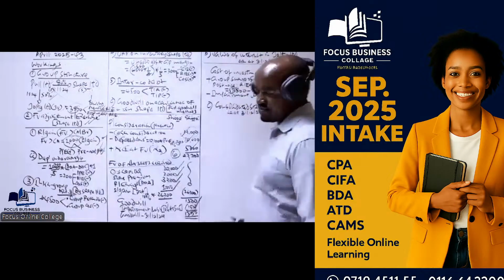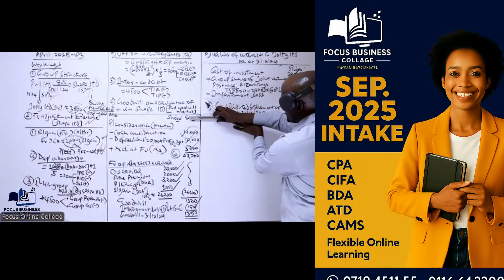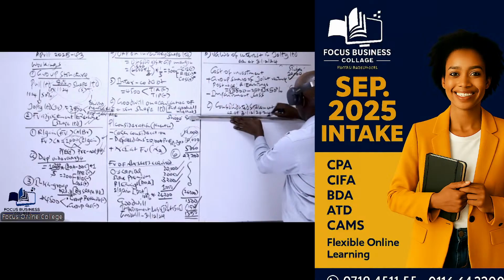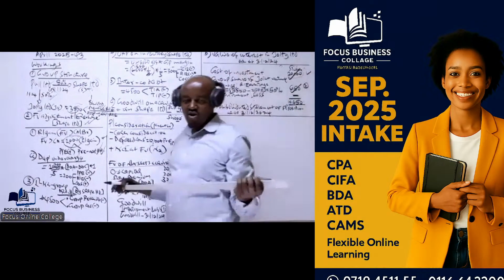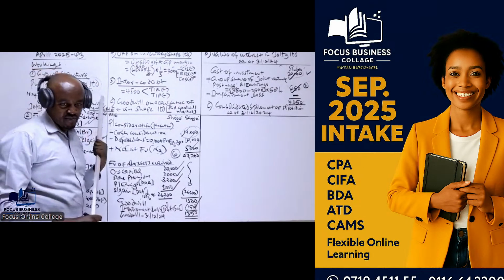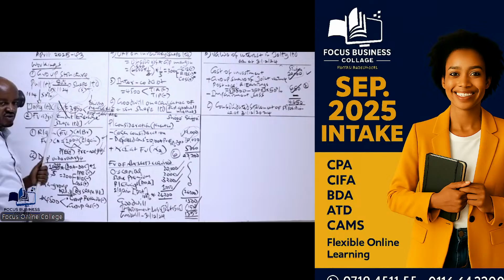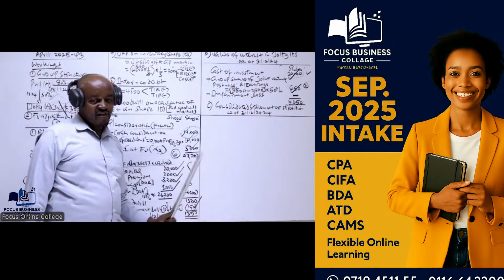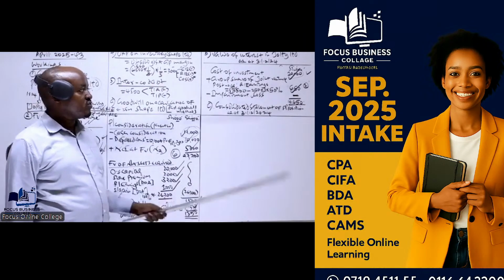So basically what we need to ask ourselves here is, how do we prepare this one? This will be prepared by combining similar items of assets and liabilities, those of Pool and those of Ship. In this case, this is a joint venture. Do we consolidate a joint venture? No, we don't consolidate a joint venture. So instead, what we include as far as the joint venture is concerned, or even as far as the associate is concerned, is what we have computed here. This investment in